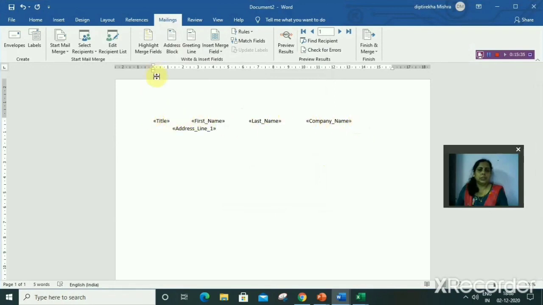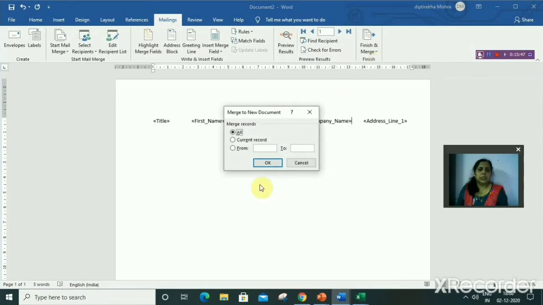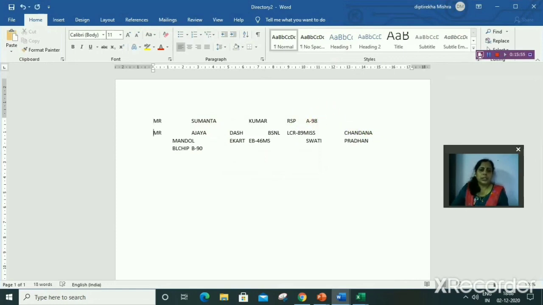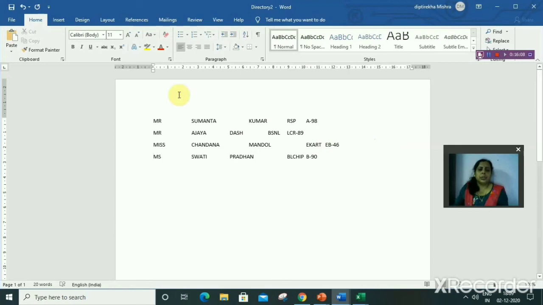Okay, so after that, just finish and merge. Okay, all names will display here. So just adjust it. The directory format will show the names in a document. So this is the output of directory format.